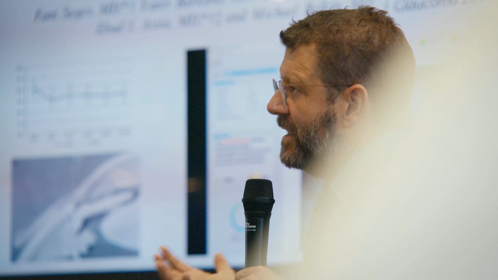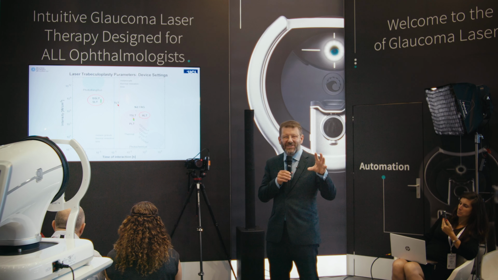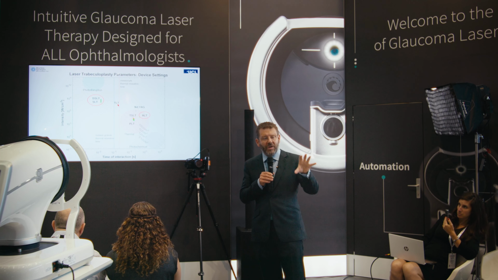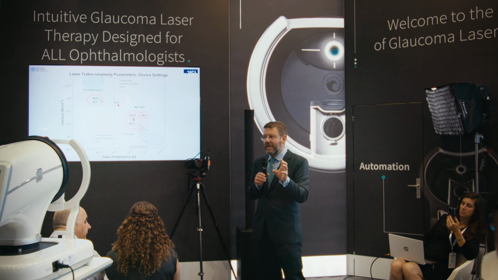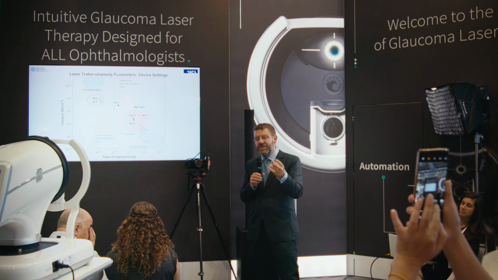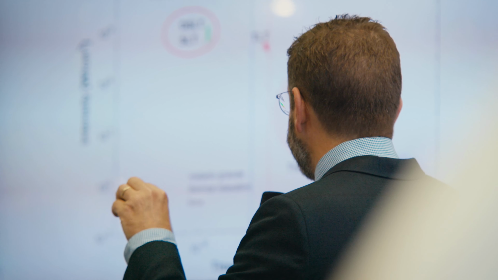So the question that always arises from that is, well, how does the laser energy that's delivered to that target tissue of interest, the trabecular meshwork, compare to something that's gone through the cornea, hit a lens, and then gone through aqueous humor? And there's good evidence from modeling of energy distribution. There's good evidence from tissue models with measurement of energy that the scatter of the DSLT laser through